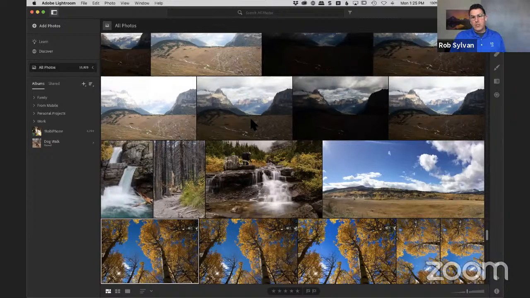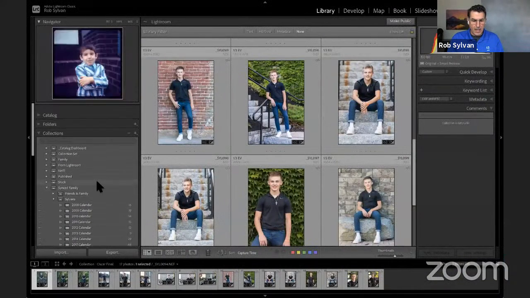So another way that I'll use this is, so here's pictures of Glacier National Park. While I'm out in the field traveling, I'll import images into maybe my phone or my iPad, if I have that with me, into the Lightroom app. Then they're automatically uploaded to the cloud, back up, that's cool. I can start editing if I want, that's cool. I can go through and do my picks and my selects and star ratings, and then all that information, including all the photos, will download automatically into Lightroom Classic. And then any changes I make from that point forward get synced across all of my devices. So come back into here to Lightroom Classic,